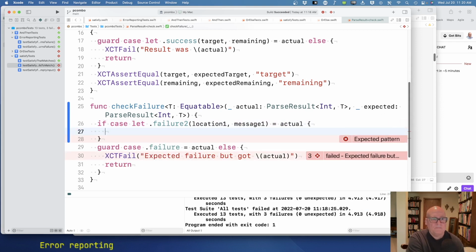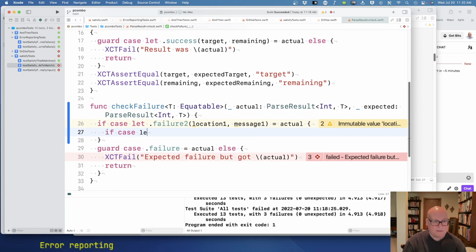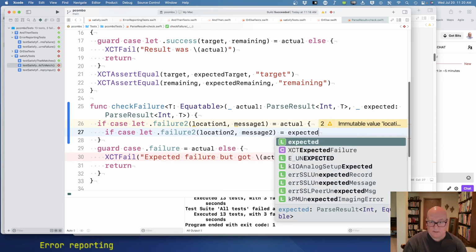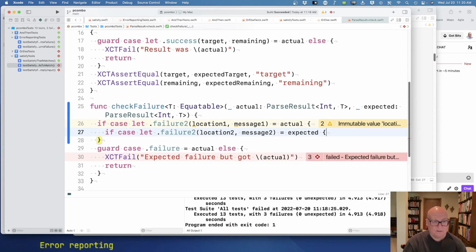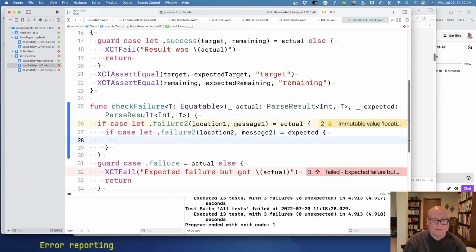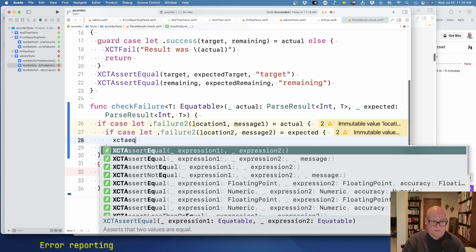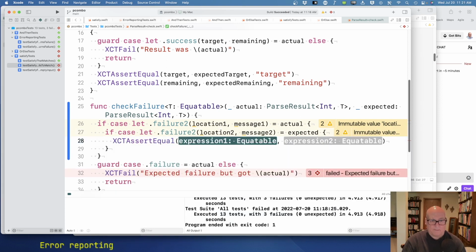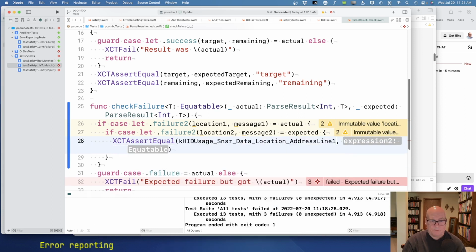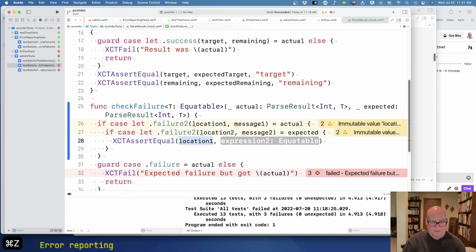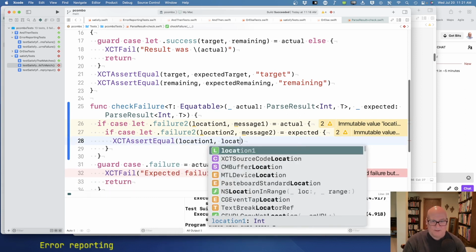Okay. And if case let failure 2 of location 2 message 2 equals expected. Okay. And then we're going to assert location 1 should equal location 2